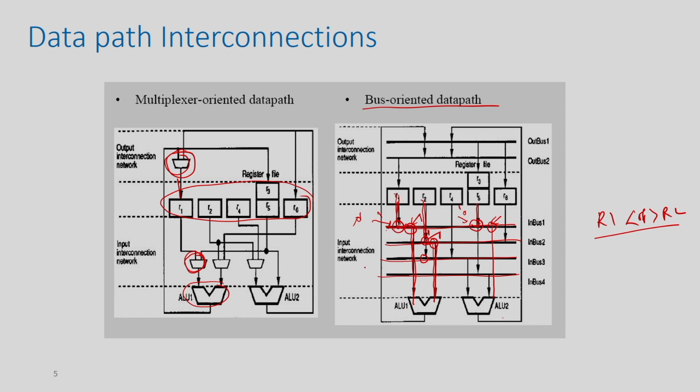And similarly, at the input of the register also we need to add some buses, and this FU will be connected to this and there will be a switch. So, every connection is basically a switch, and this register also has a switch, and suppose I want to put this data into say R3. So, what I am going to do? I am going to put this equal to 1 and this equal to 1. So, that means the output of this FU1 will come through this line, you will come here and through this you will go to R3, right.